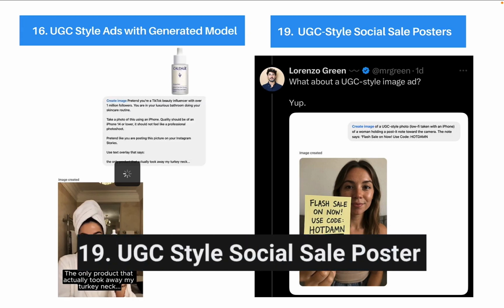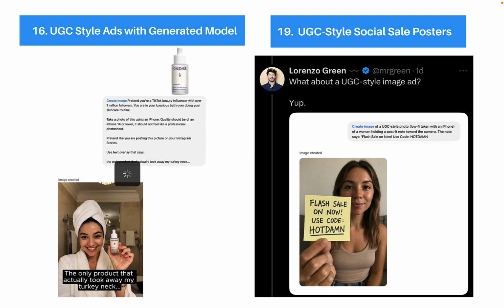Now, another thing you can do, especially if you are doing any sales promotion, or there is a holiday season and you are trying to promote your product. Let's say during Easter you are trying to run a sales campaign, or during the festive season, or you have an offer currently ongoing and you want to ensure people do not miss out. You can create this kind of UGC style social sales poster. So just use this prompt: create an image of a UGC style photo of a woman. You can replace it with a